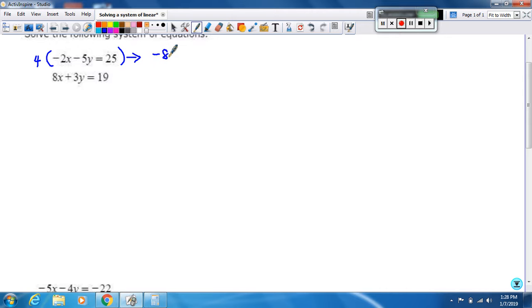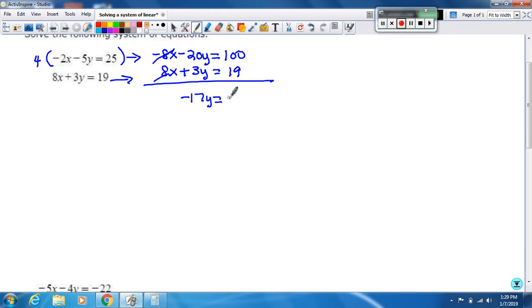So I get -8x. 4 times -5y is -20y, and 4 times 25 is 100. The bottom equation, we leave it just like it is: 8x plus 3y equals 19. Opposites cancel. A -20 and a +3 is a -17y equals